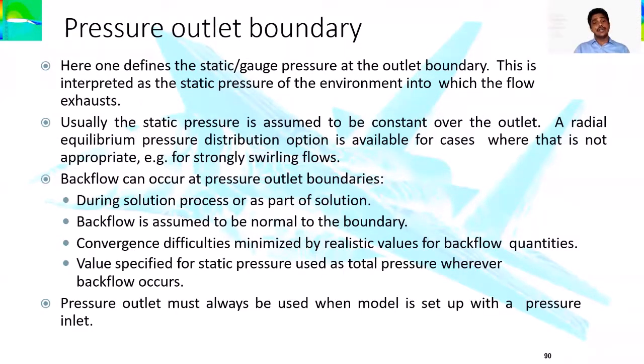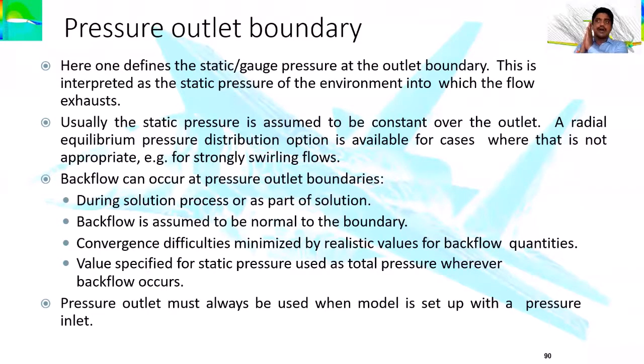Now let us move on to the pressure outlet boundary conditions. Till now we were discussing the pressure inlet boundary conditions. As far as the pressure outlet is concerned, you may ask me, sir, what is the concern about the outlet? The outlet is defined as where the flow is leaving out to the atmosphere. Here, the pressure outlet forms an interface between the outer atmospheric zone and the outlet zone. This is very important for us.